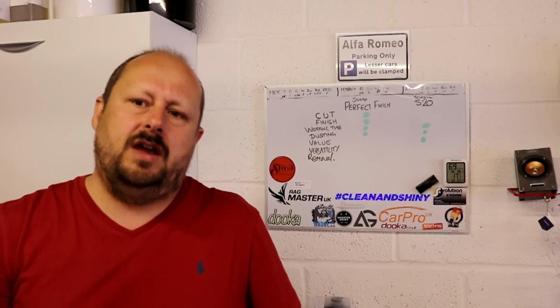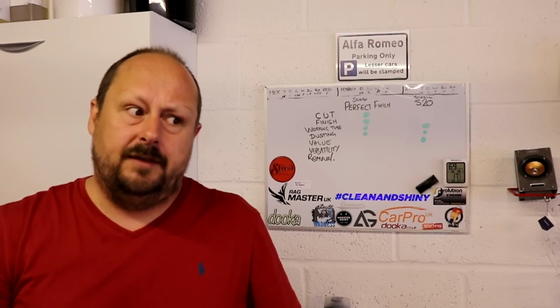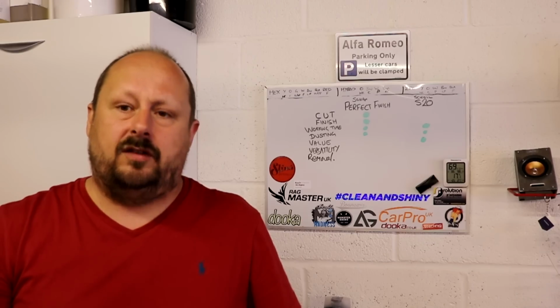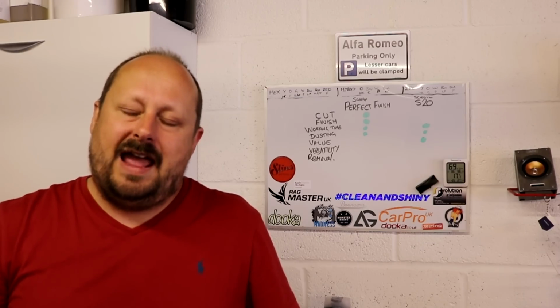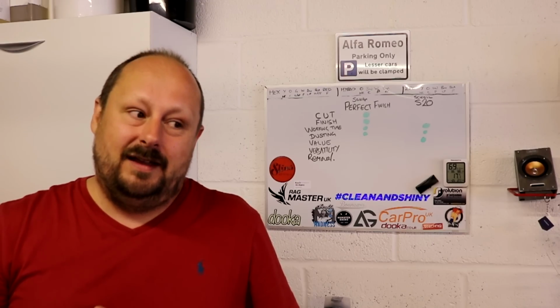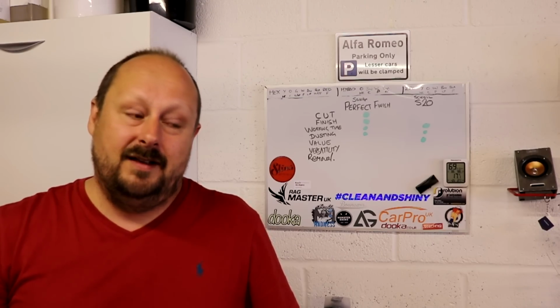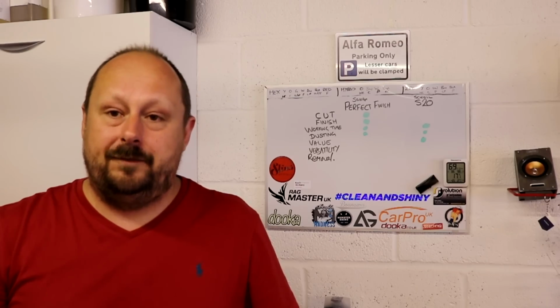But I think to unlock all of its capability, you do need to use it the way Sonax describe. However, it still works really well on the dual action polisher. It works well on the dual action polisher and still delivered me a little bit more cut and a higher gloss finish than the